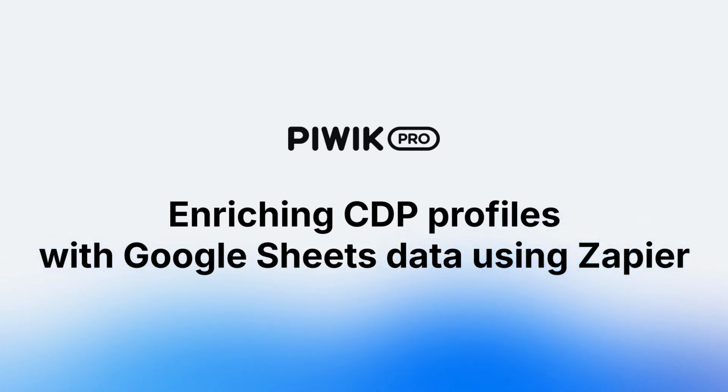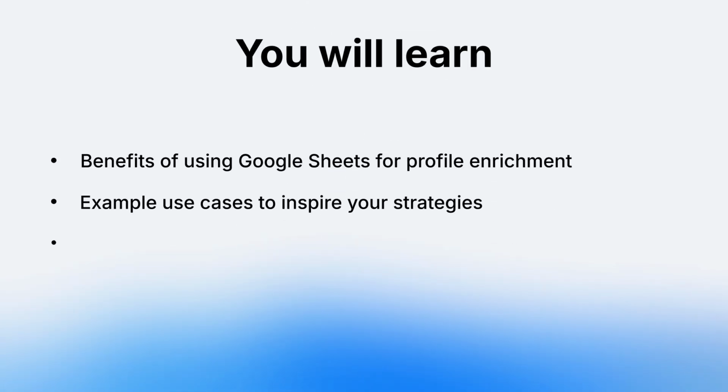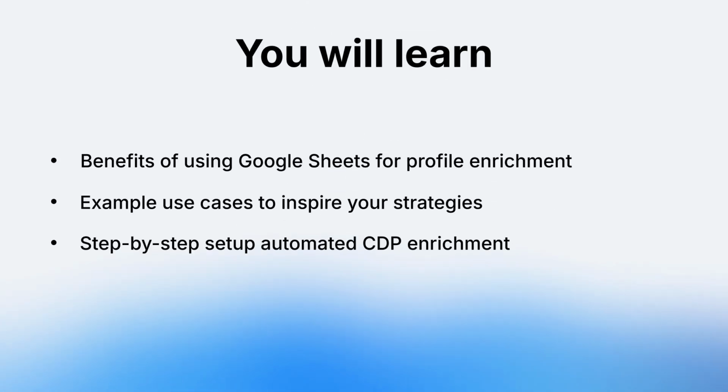Topic of the video: enriching CDP profiles with Google Sheets data using Zapier. So, what are we going to learn? First, we'll talk about the benefits of using Google Sheets to help us export data to CDP. Then we'll discuss briefly some example use cases, just to give you some ideas for your own. Finally, we're going to go over the step-by-step process of setting up the data export, the CDP data enrichment process, if you